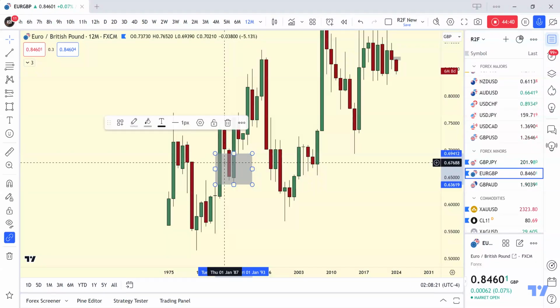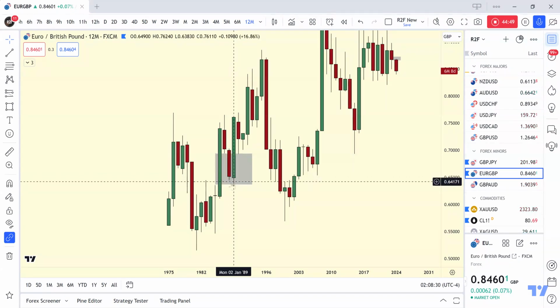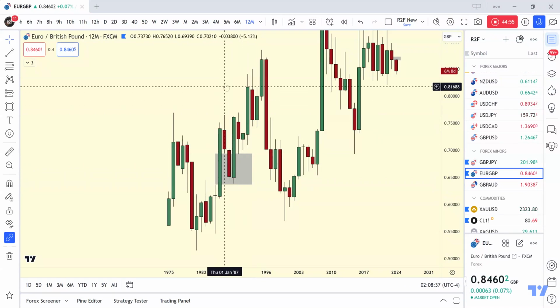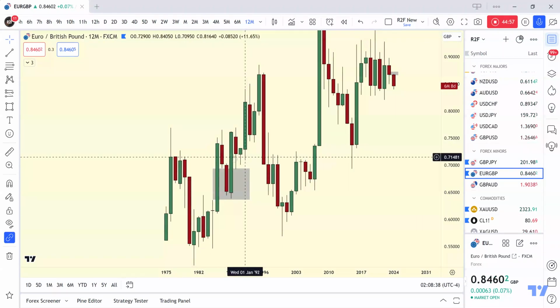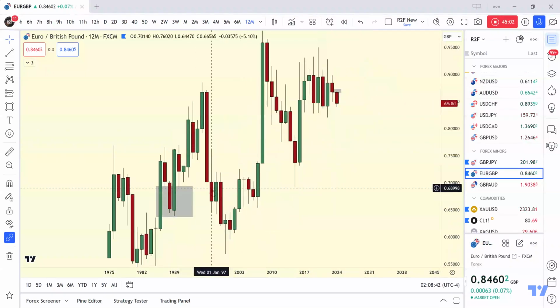One year after I was born, euro pound spools down, quite an engulfing candle, and in 89 takes out that low of the year, starts spooling up and respecting this mitigation block,